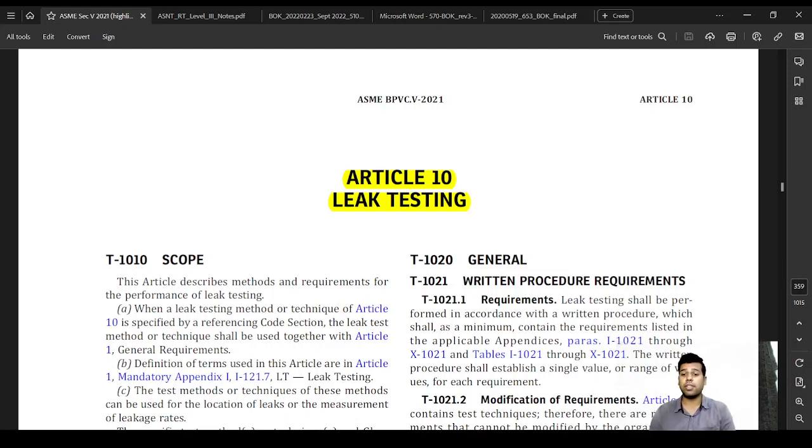In this video series we are talking about non-destructive examination, the requirements of ASME Section 5. As always, this video series is applicable for people who are preparing for API ICP examinations and also who are preparing for ASNT NDT Level 3 examination, either the general examination or they are going in for one of the method examinations. In today's video, we are going to talk about Article 10 of ASME Section 5, that is leak